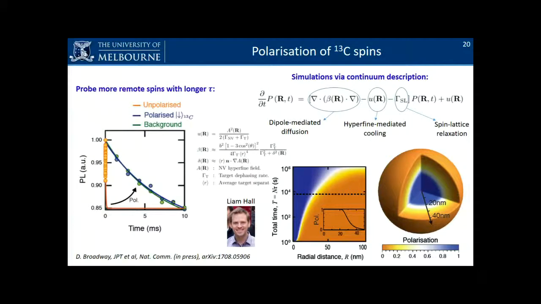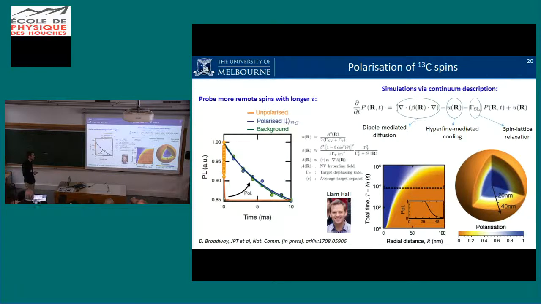And that's what we've done here in that graph, where we in fact take a full T1 curve by scanning tau from 0 to 10 milliseconds while applying this polarizing sequence, or the alternating sequence in orange. And you see, that's the extension of the flat gray curve that I've shown before. If you probe further, then you see a decay, but this decay is actually matching the phonon limited decay that